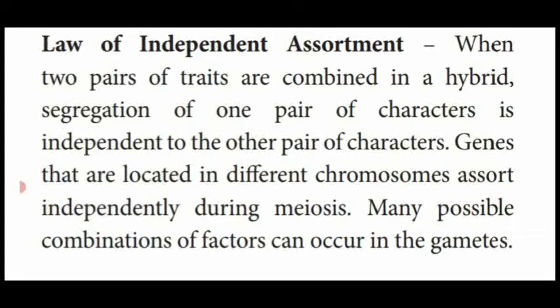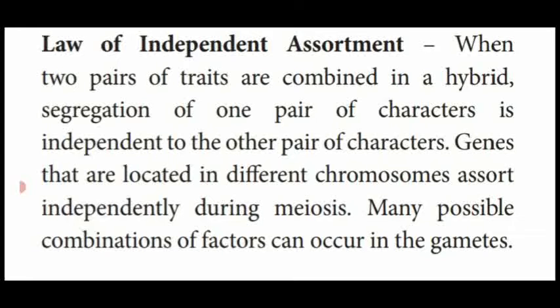In the F1 generation, now I showed the checkerboard diagram. Capital R, small r, capital Y, small y. See, all the characters are independently expressed in the F1 generation. And the F1 generation is crossed with the same type of gamete. What will happen? They are producing the different characters of newly formed gametes.